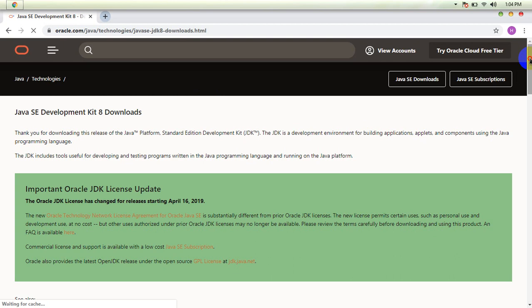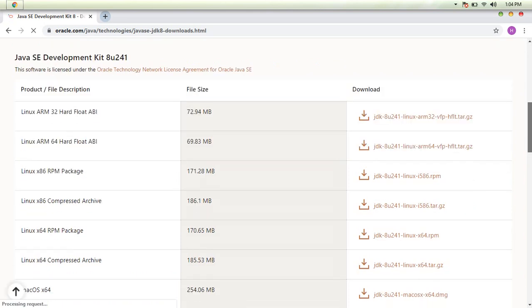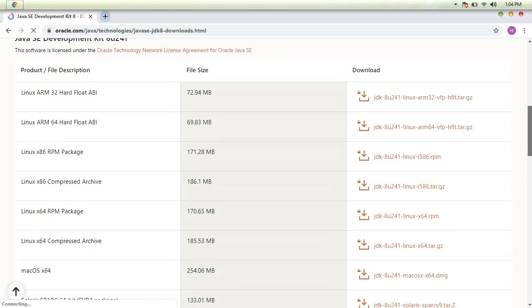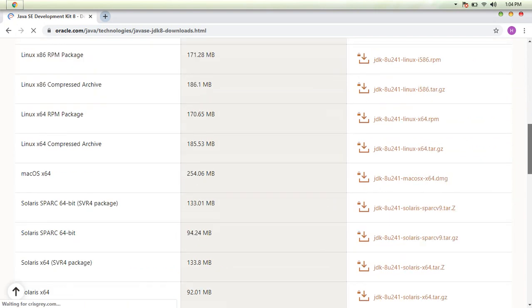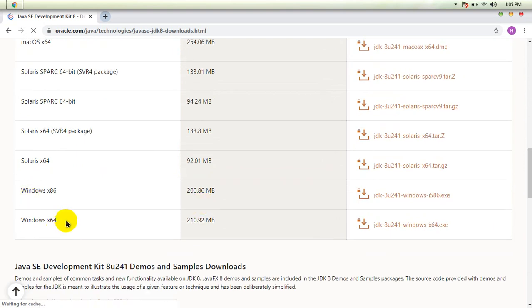So now let me scroll down. So these are different varieties of JDK. This is for Linux, continue scrolling down. For Mac OS, you continue scrolling down. This is for Windows, x86 and x64. If your system is 86-bit, which is 32-bit, you can select this one. If your system is 64-bit, you can also select this one. Mostly systems are 64-bit, so check for your system